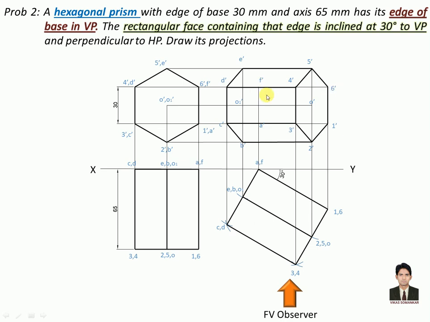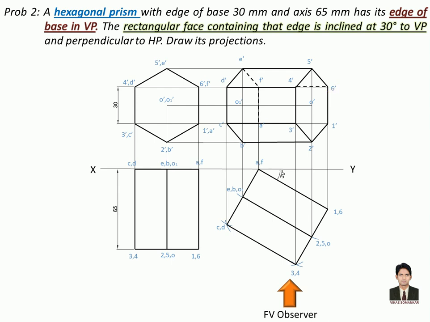In that, some part of the F' to 6' line will get covered by a line drawn from D' to 4'. So that much part of the line will not be visible. The rest of the F' to 6' line will be drawn as a hidden line. So let's draw F' to E', F' to A' and F' to 6'.